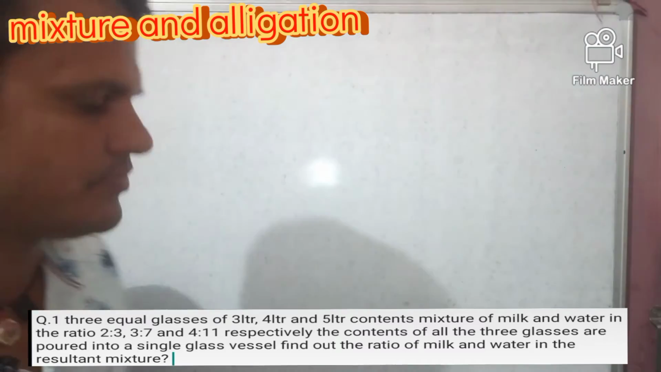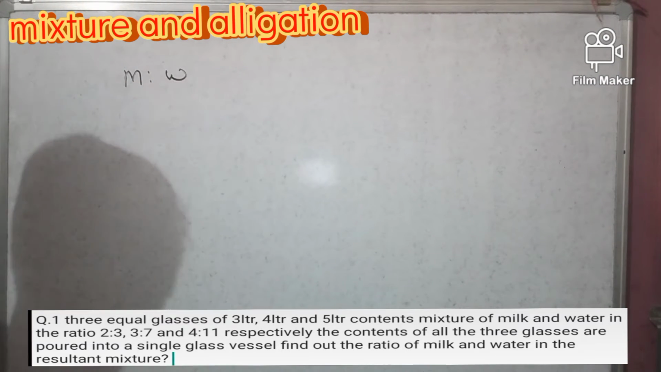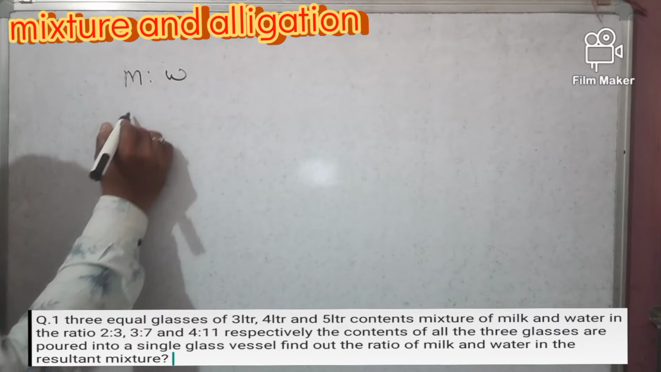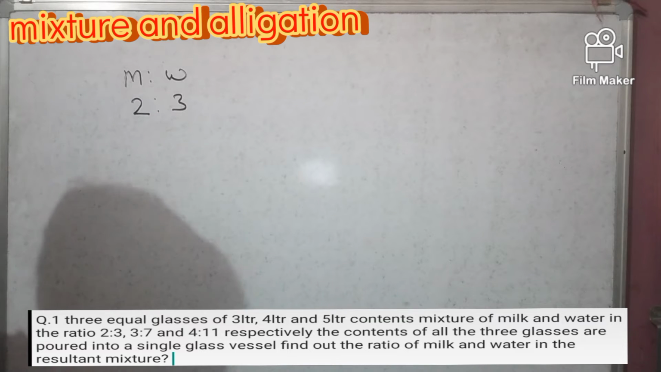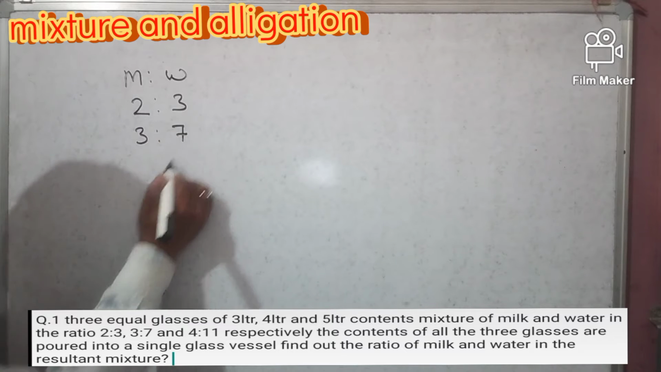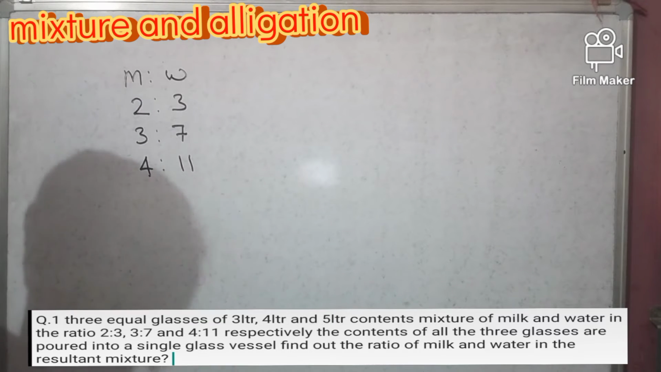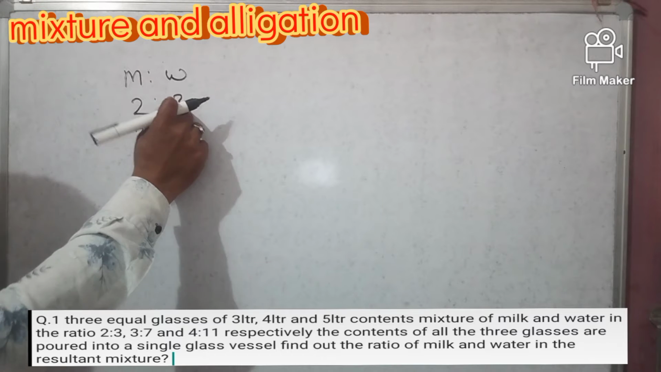So now see here, the milk and water ratio in the first glass is 2:3, right? In the second glass 3:7 and third glass 4:11. Now see here, 2 plus 3, milk is 2 parts and water is 3 parts in your first glass,